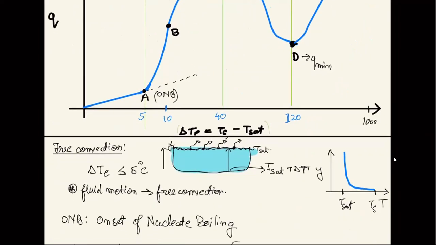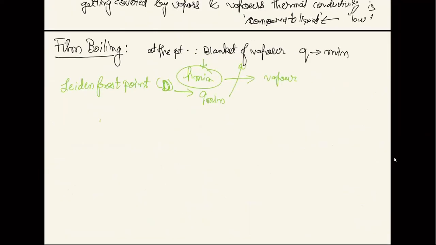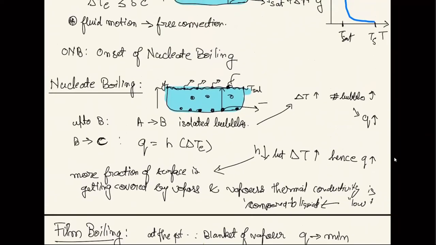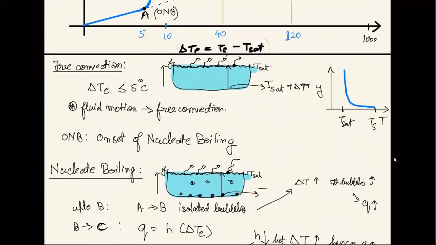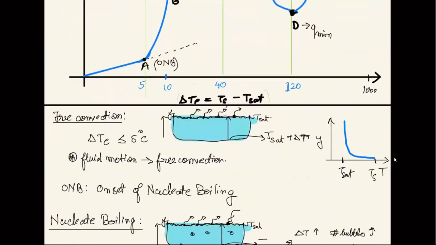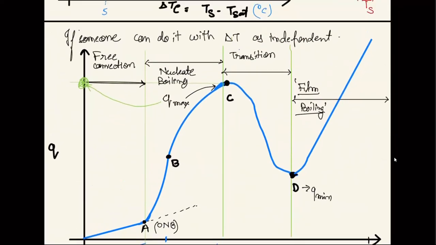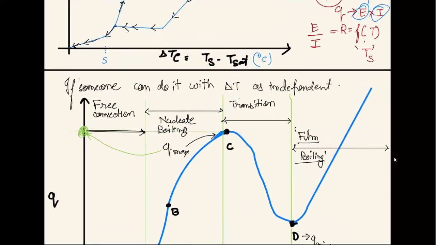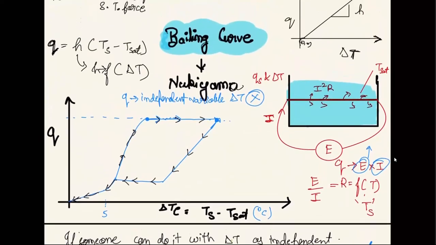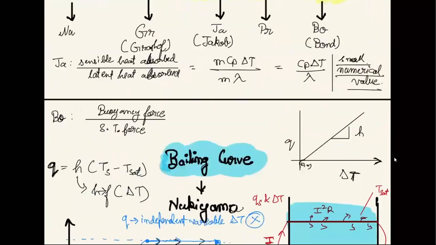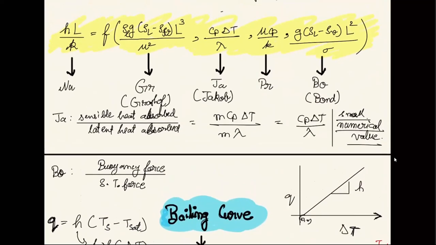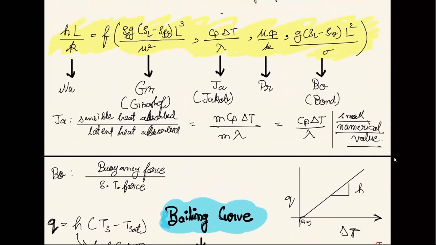Before closing today's lecture, I would like to ask if all the regions, free convection, nucleate, transition and film boiling are clear to you. Boiling curve is understood, the experiment of Nukiyama is understood, and all these particular dimensionless numbers are clear with you. If you have any doubts, you can ask or...